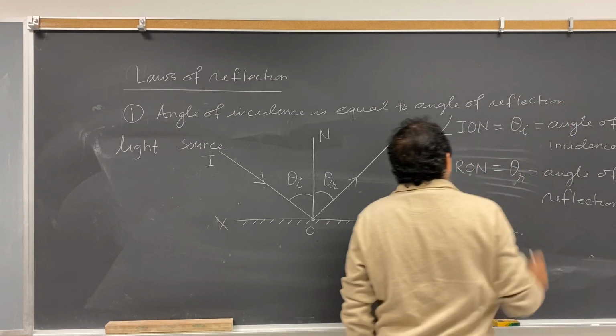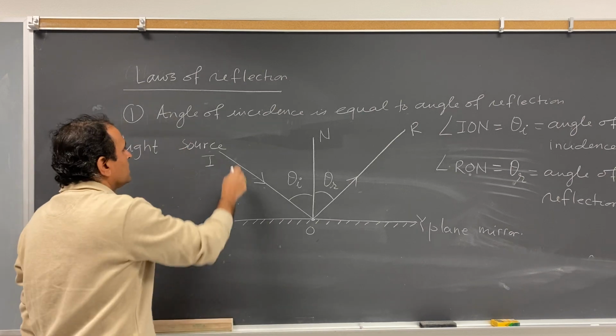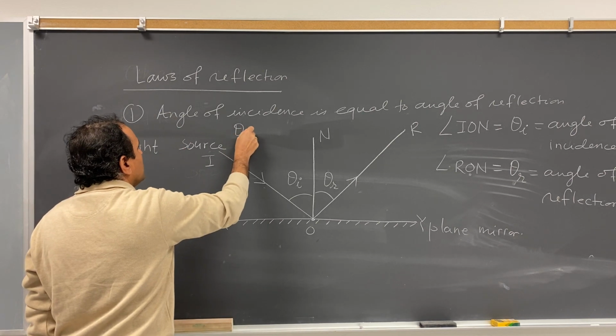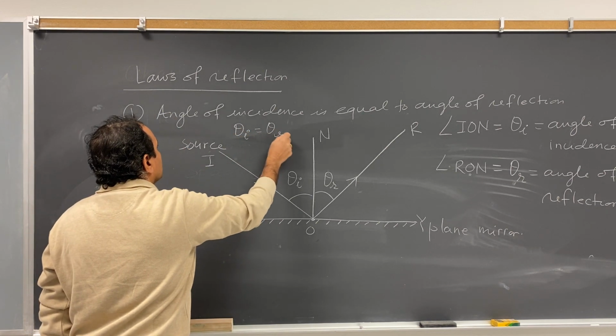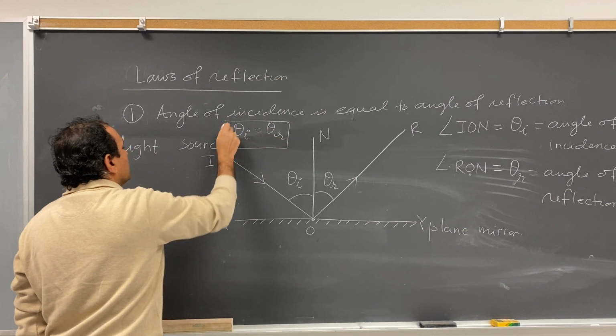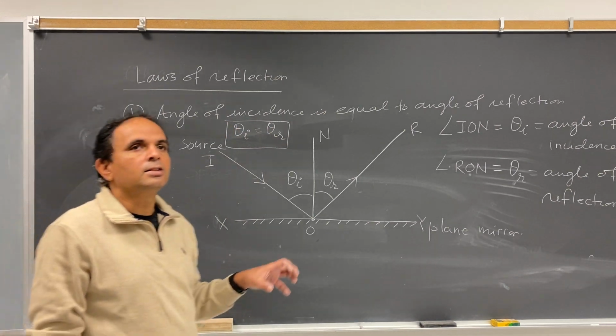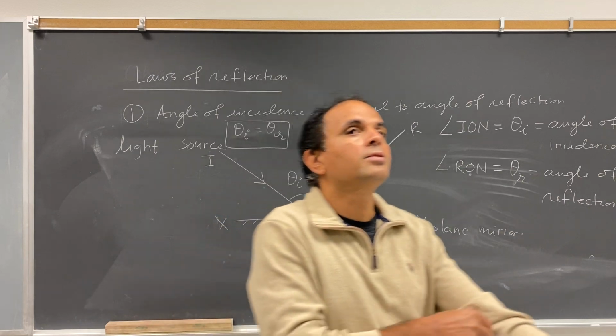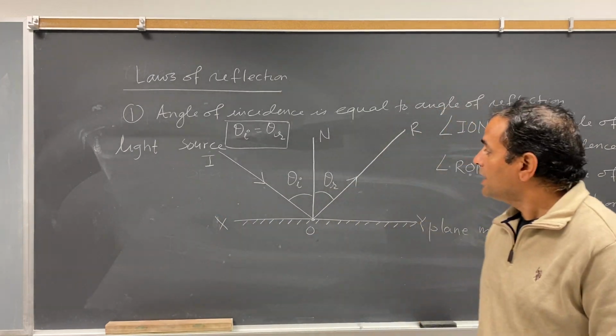That's it. The angle of incidence is equal to the angle of reflection. So simply you can write down theta I equals theta R. This is the first law of reflection: angle of incidence is equal to angle of reflection. And the second law is